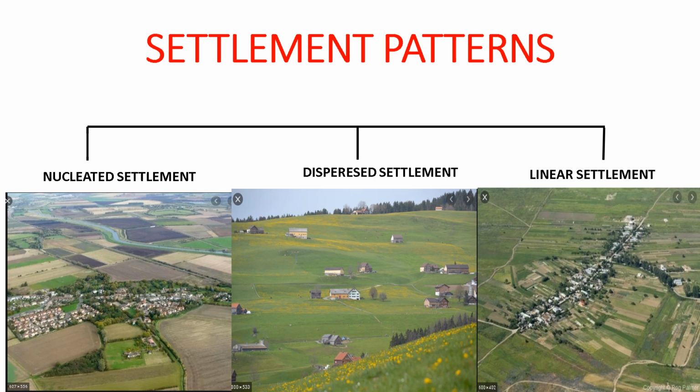So all these points we have already done before, when I had done the factors affecting, as well as the temporary and permanent settlement. So what are the factors that draw people or attract people to settle and make it a nucleated settlement? Next, we come to the scattered settlement.